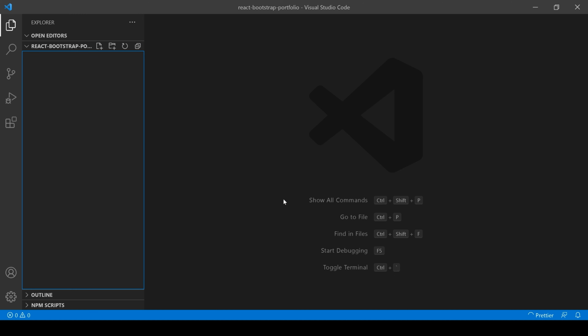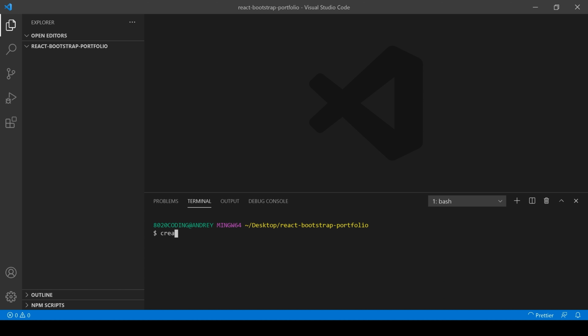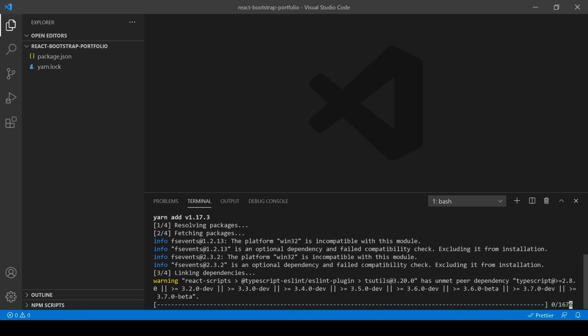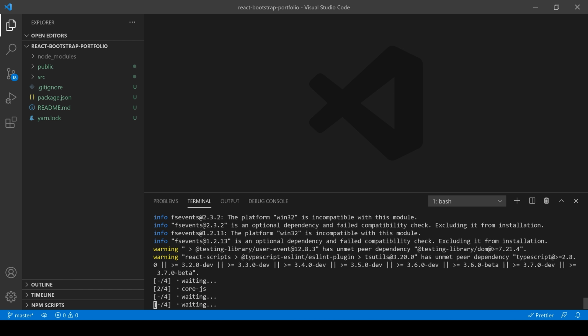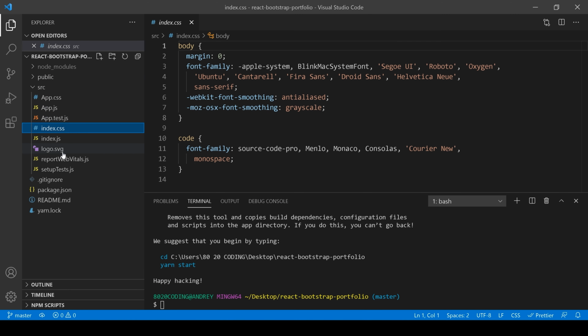So I'm gonna use the React boilerplate, create React app. Ctrl to open the terminal. I'm gonna type create-react-app and space and period dot to install inside of exactly this folder. Press enter and wait to install it. Alright, and I'm gonna delete the unnecessary files which I don't need. I'm not gonna use index CSS. I'm gonna delete the logo,